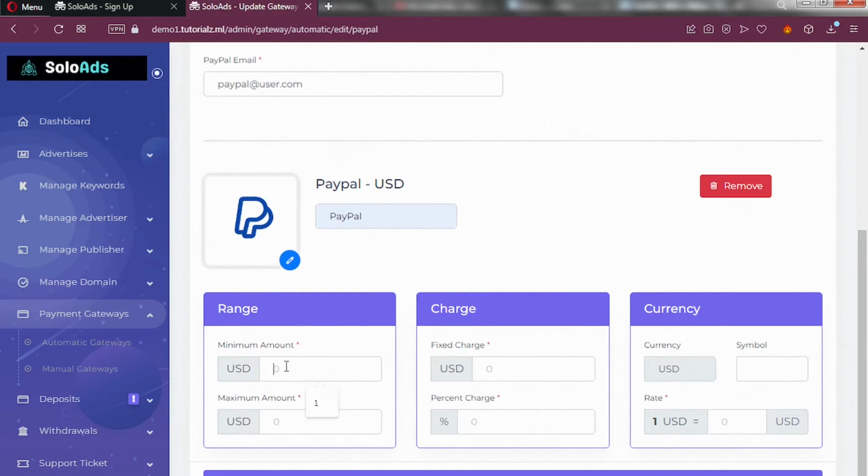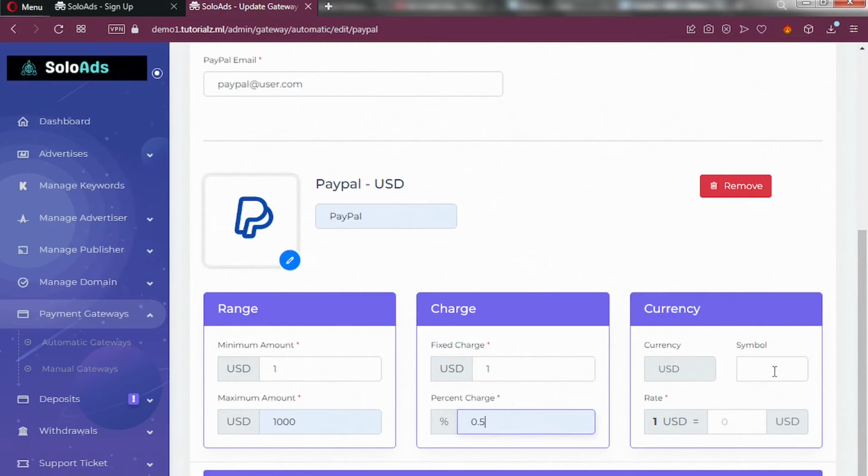Minimum amount, put 1 here, and then the maximum amount, I'm going to put 1,000 here. Charge. So this is going to be your gateway charge. So you enter a value here. I'm going to enter $1 and then percentage 0.5%,